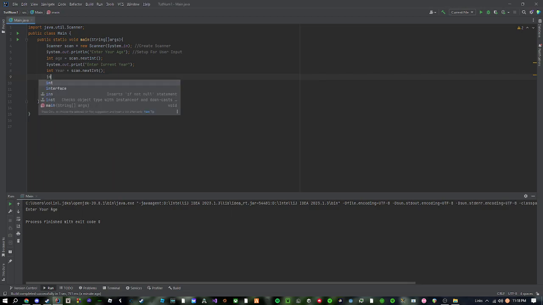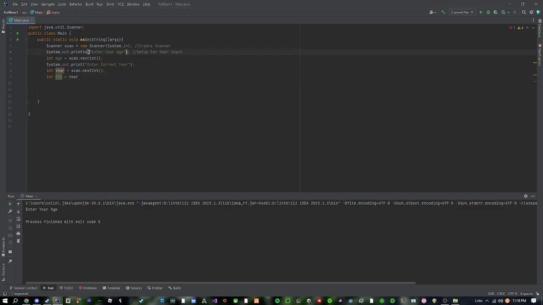So here we're going to need int, and we're going to name it date of birth. And make sure that here you do not put age minus year, because then that's going to come out with a negative year and it won't be right. So you're going to have to do capital Y Year. Make sure that this works. Java is a very case-sensitive language, as we went over before. If you do not capitalize something correctly, or if you just don't do any of these exactly how I write them,